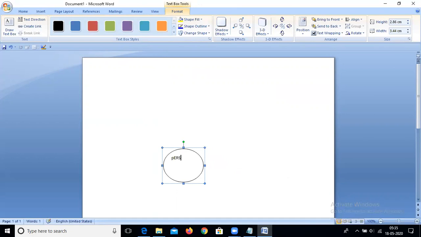Suppose there is a person. This person is a son for his parent. A person exhibits a relation with his parents as a son, and for his sibling he is a brother, and for his relatives he is a nephew, niece, or something else. Similarly, one person can exhibit different relations in different circumstances or situations.